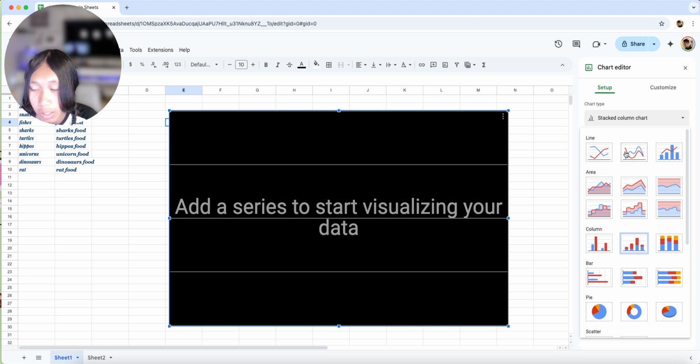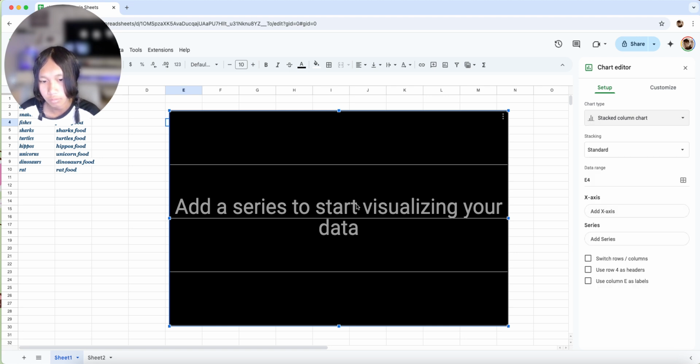It could be like a line chart or a combo chart, or area chart, stacked area chart, 100% stacked area chart, and then stepped area chart, and then stacked stepped area chart, and then 100% stacked stepped area chart, and then column chart, stacked column chart, 100% stacked column chart,